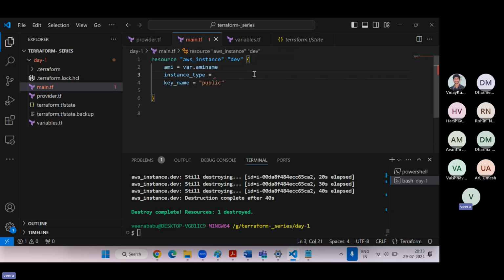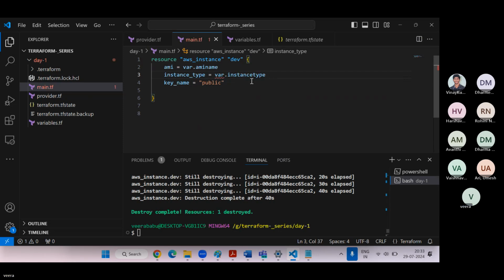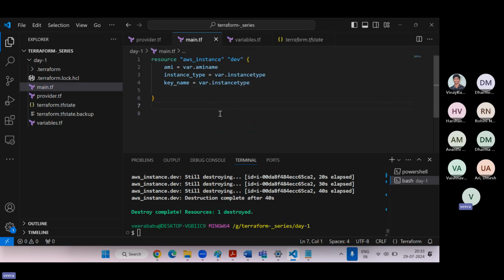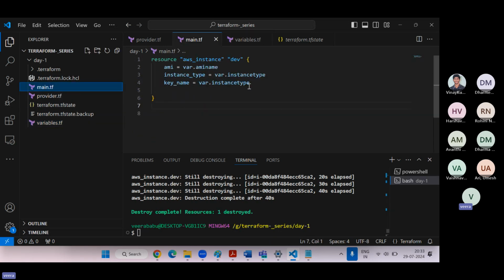My value is there in the variable, right? Var dot, and automatically the value will pop up. The instance type is what I have given, and the key name is var.key_name. So automatically the values will be picked. Or you can go and check what the variable name is, key name or instance type, copy and give here var.instance_type like this.